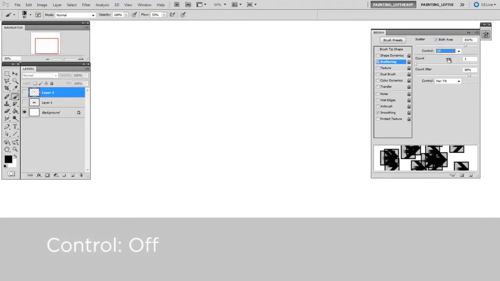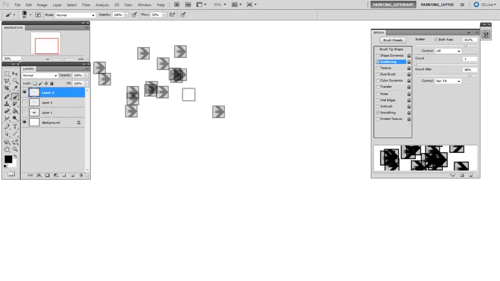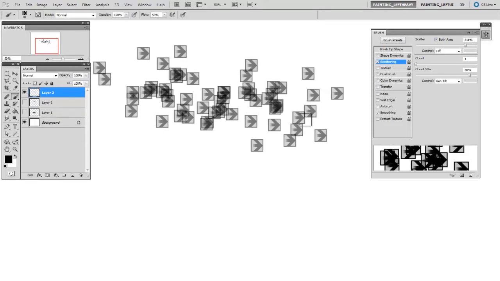to off. Now this is a bit confusing because when you see the word off, you'd probably think, well, I've turned off scatter. And that's not what happened here. What off means is that it will be uniformly random. No matter how hard I press with the pen, it's going to be 800% scatter. That's what off means. In my opinion, they should change the word off to always, but I'm not the one